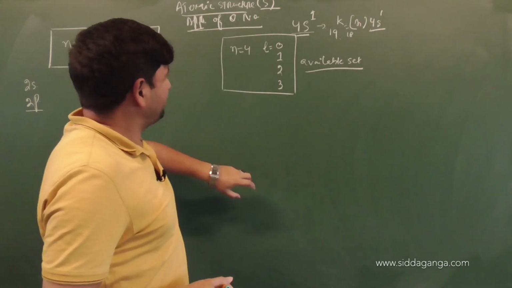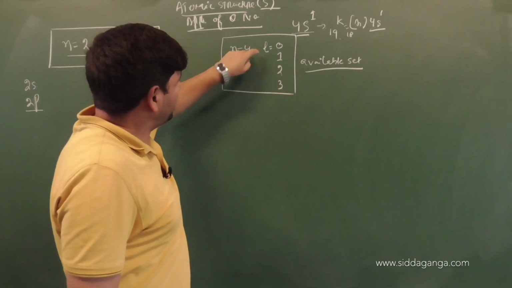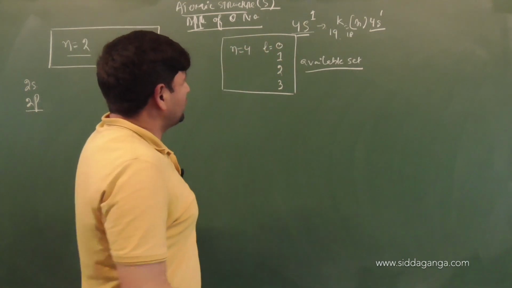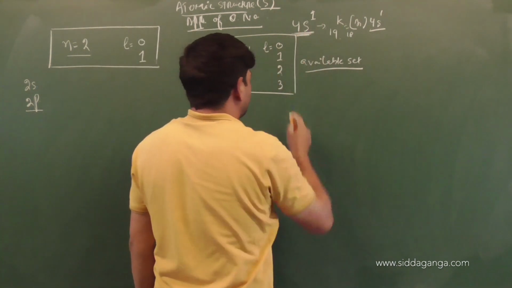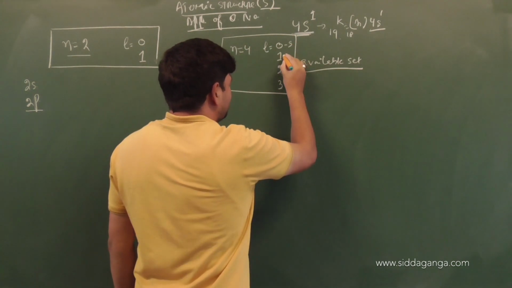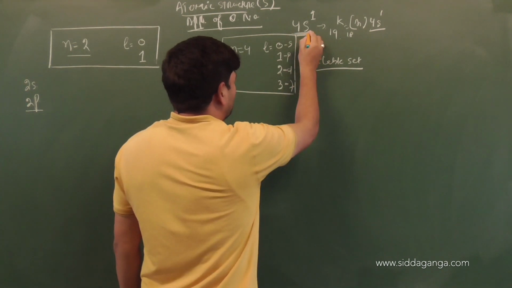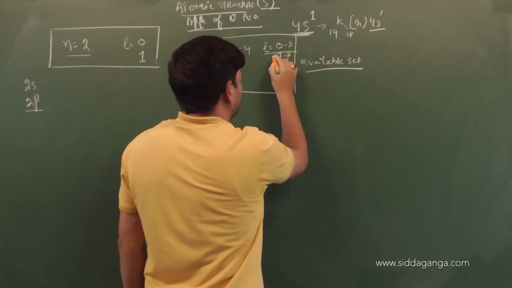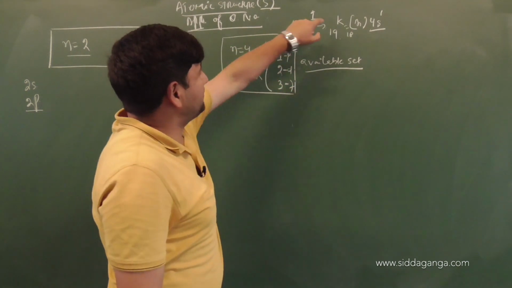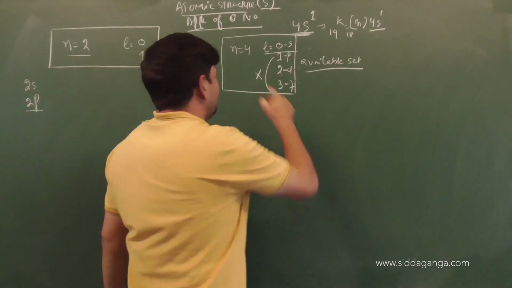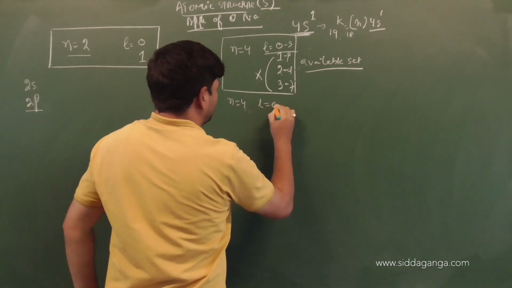But out of this, all the l values are not applicable. With principal quantum number 4, all these are not applicable because we are talking about the 4s orbital, the 4s subshell. So we have this one as s, this is p, this is d and this is f. We are talking about s, thus l value will be 0. These 3 are not permitted. So the permitted set of quantum numbers for the valence electron of potassium will be n equal to 4 and l equal to 0.